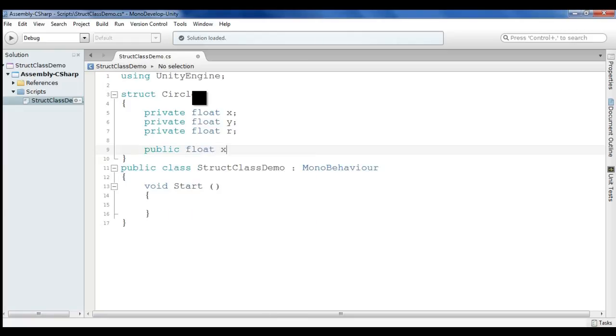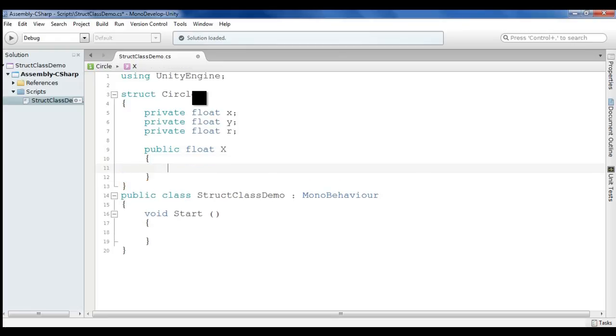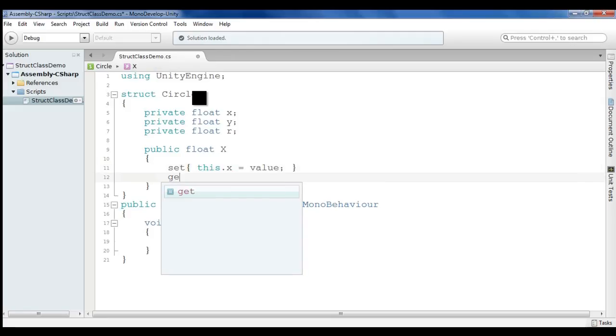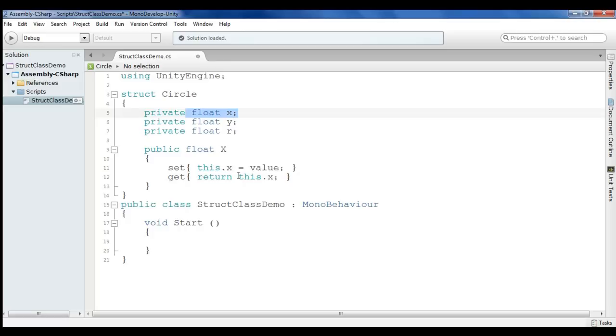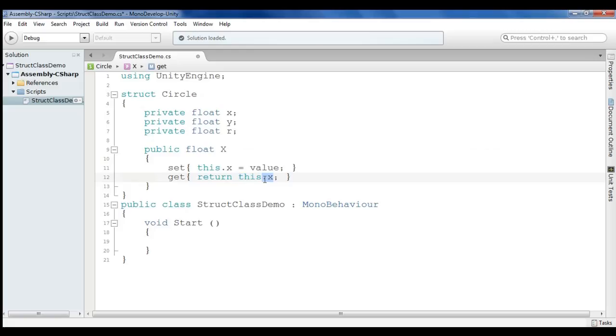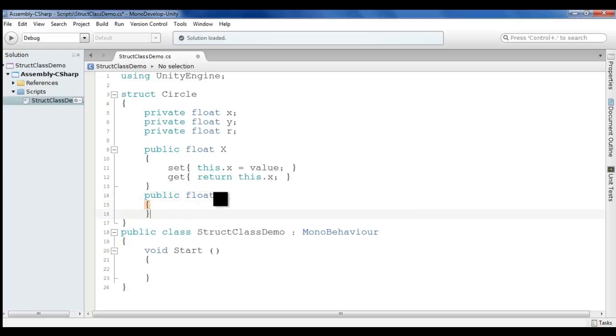Public float x indicates the x property. So we are going to create the setter. And what is the responsibility of the setter? this.x equal to value, semicolon, close. And then we are going to create a getter. What is the responsibility of the getter? Return this.x. And you can see that private members you can directly access inside the body of the structure. You can put this keyword and write x. If you do not want to use this keyword also, no problem, because I told you when you have tried this keyword, right? Okay. Next, public float y, which is going to be the y.